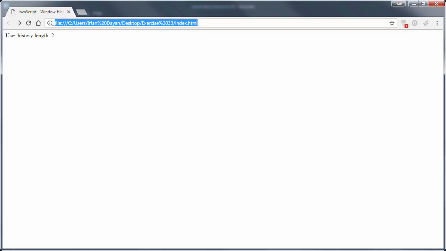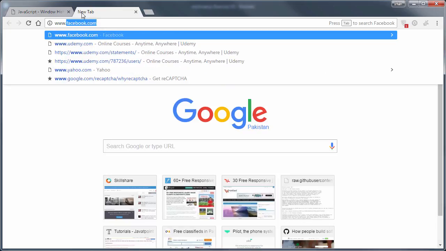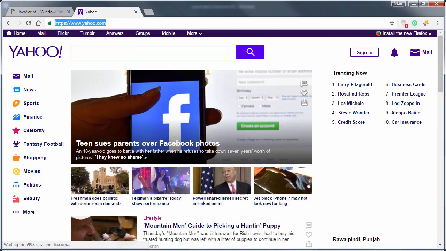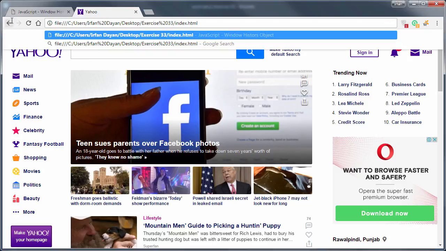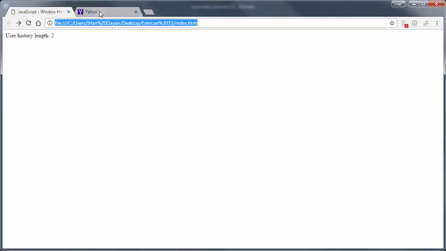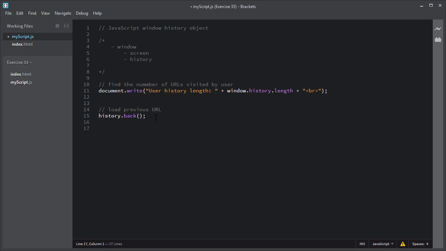I'll copy this path of my script and I will open a new window. Inside the new window, I will open the Yahoo page. Now I'm going to paste my script URL inside this window, and you will see that it will always take me to the Yahoo page. I'm going to hit enter. As you can see, my script has taken me back to the Yahoo page. So this back method works like this back icon or this back button,